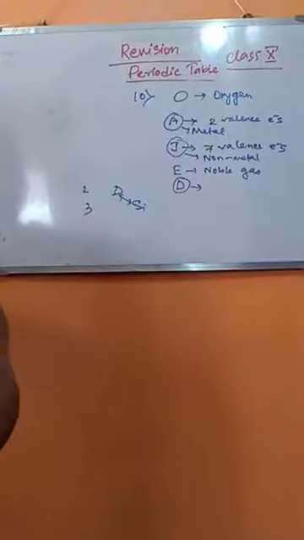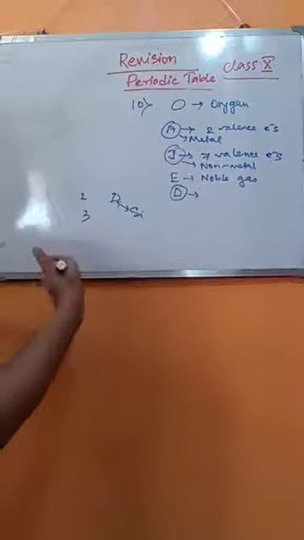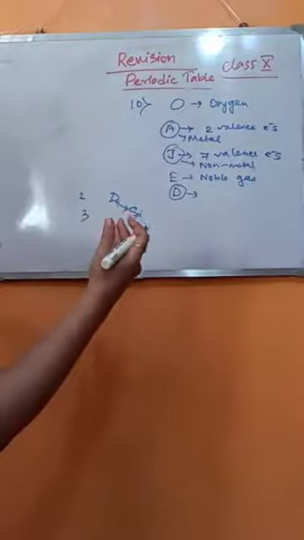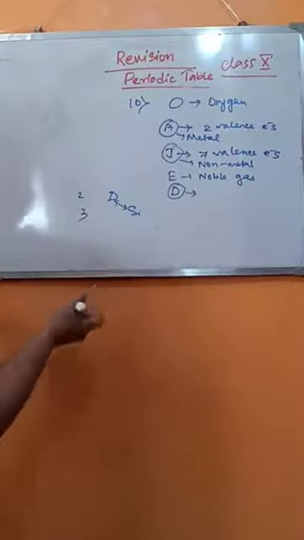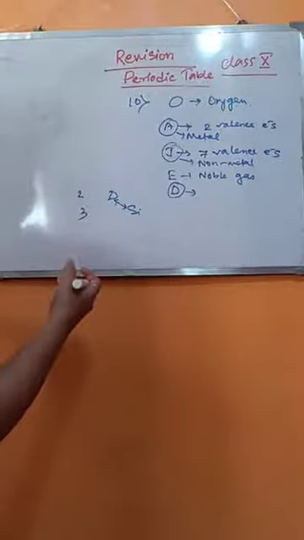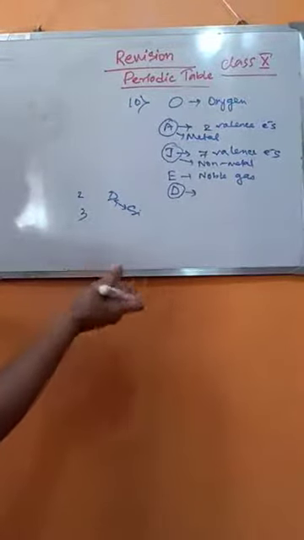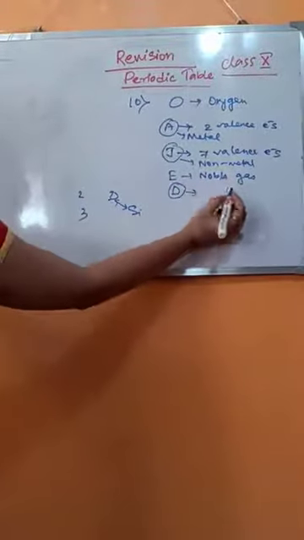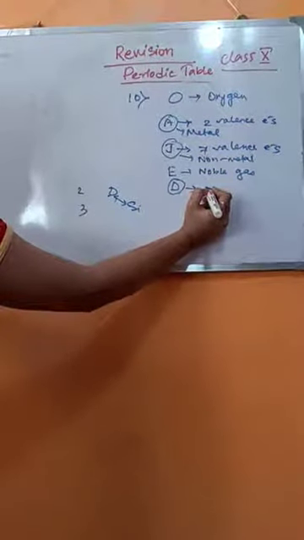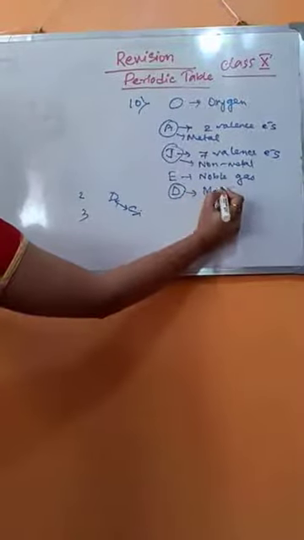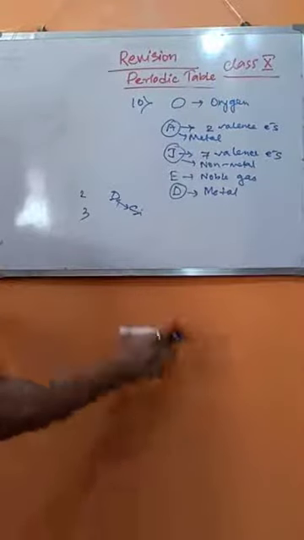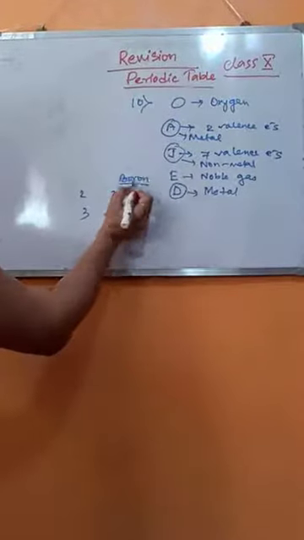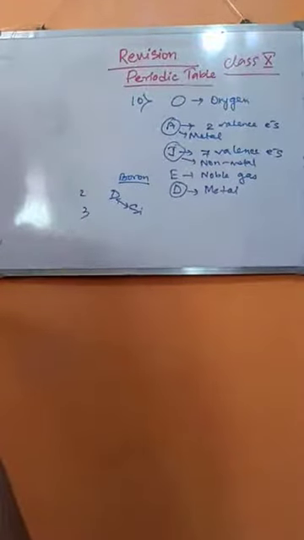But in this case here, since we are just showing the name of the elements by different alphabetical letters, we don't know what element that is, or we cannot identify the element with the name, with the actual property of the element. So since D is having 3 valence electrons here, we will say D is a metal only. But if it were, the position of D here is that of boron. Boron has properties of metalloids as well.